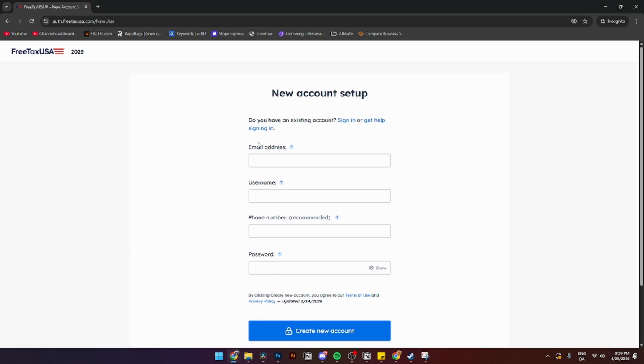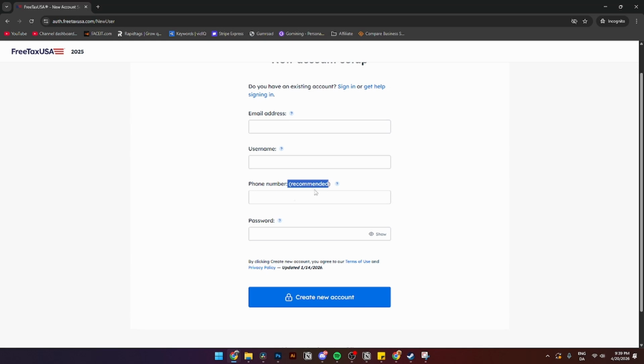click on it. Once here, you'll be asked to add your email address, a specific username, your phone number, which is recommended, and a password. I will say the phone number is recommended, but it's not required to create an account. Once you have filled in all of these details, you'll simply need to click Create New Account to get on the